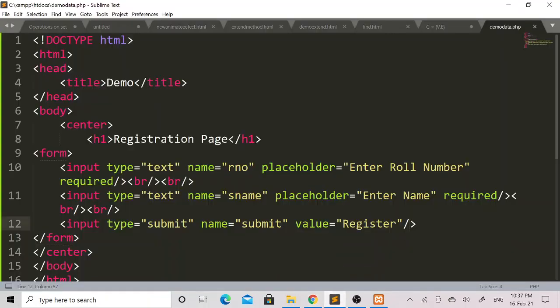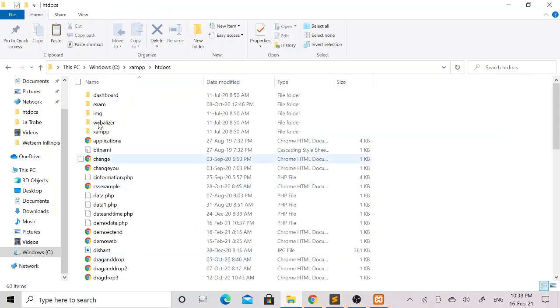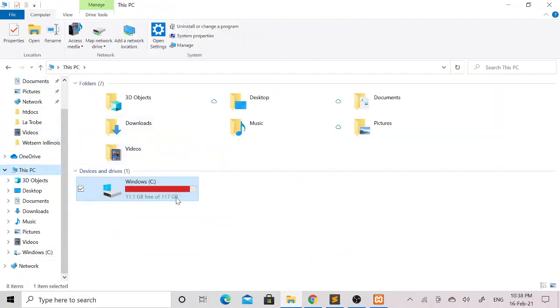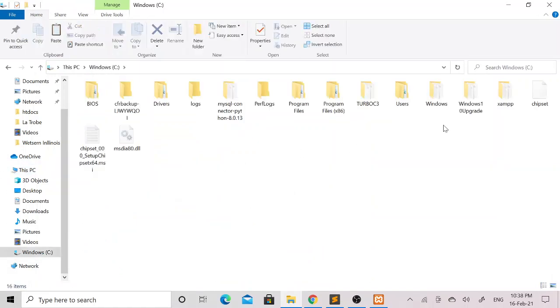Then again I will switch to Sublime. I have saved this demodata.php file in the htdocs folder of XAMPP. To locate this folder, first you need to open This PC, then select the C drive, then you can select the XAMPP folder.